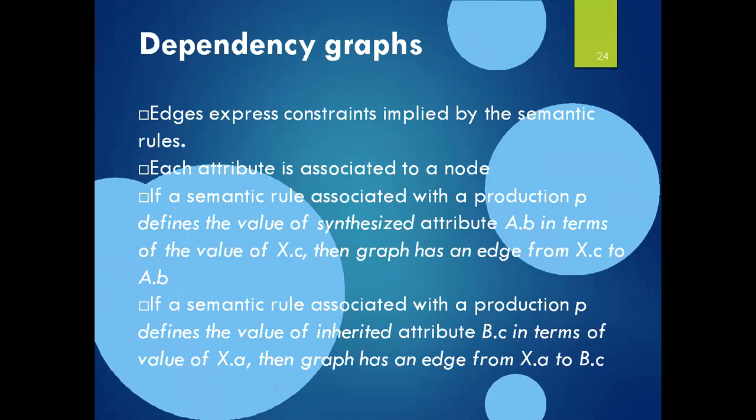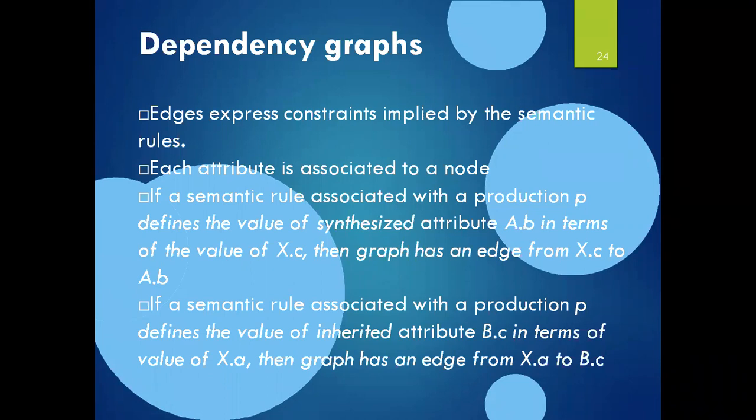Whatever value I get after computation of Y and Z is obtained by X. That means I am assigning the value computed from Y and Z to X. What it means is that X, the left-hand side variable, always acts as a synthesized attribute, and it always depends on the right-hand side of the production rule. Is it clear now? Always it depends on the right-hand side of the production rules.